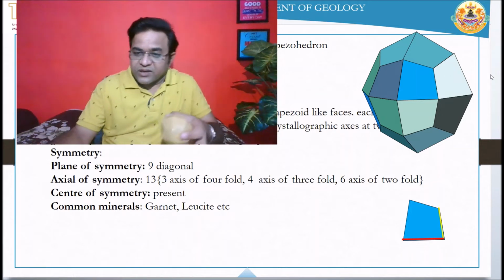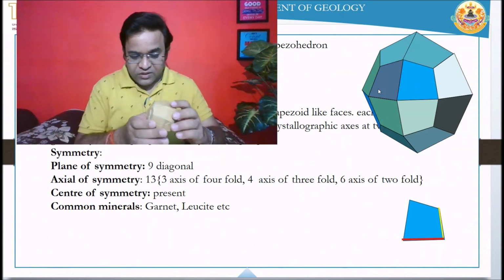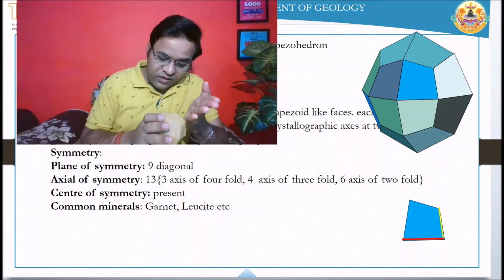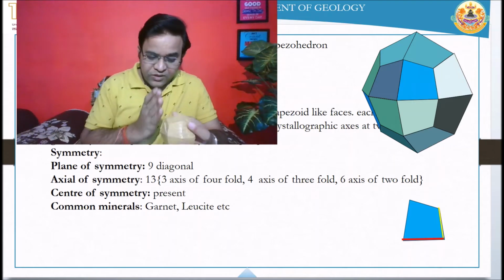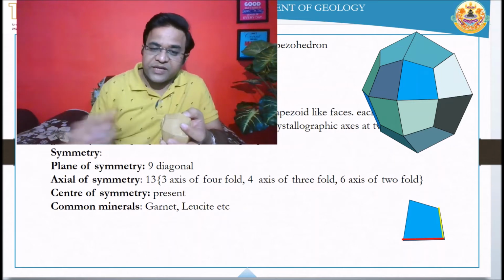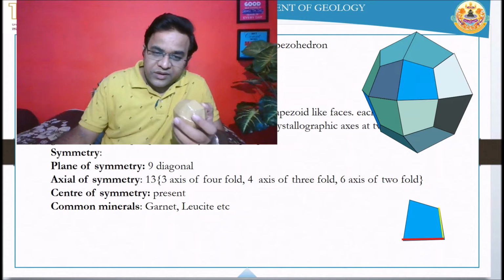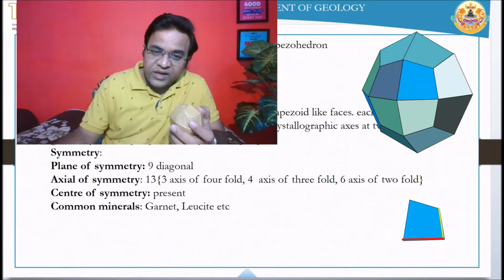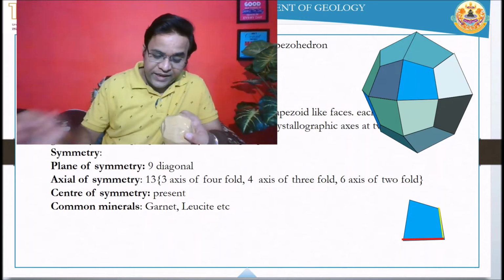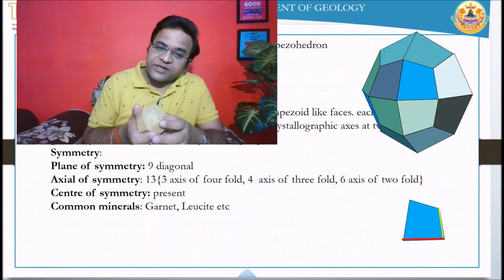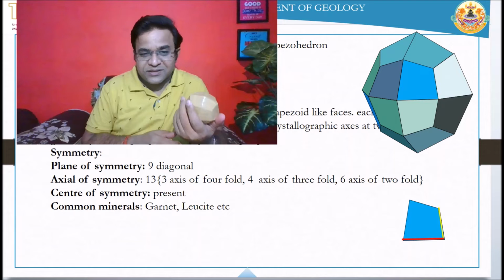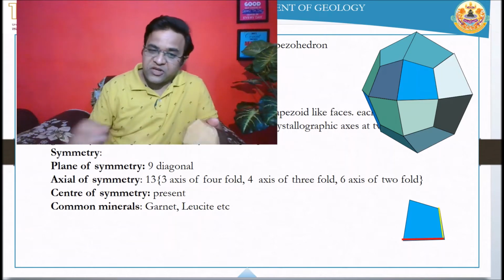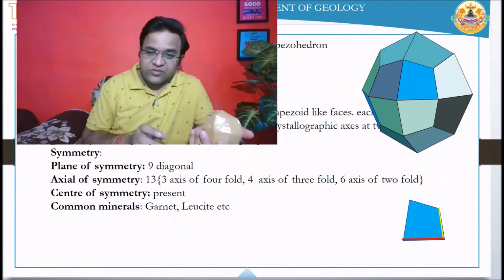Now plane. So similar to the cube, you have 3 mirror planes along the crystallographic axis. Okay, and 6 mirror planes along these points. Minerals that crystallize in this system are garnet, as it is a type of garnet, and leucite. Now I am moving to